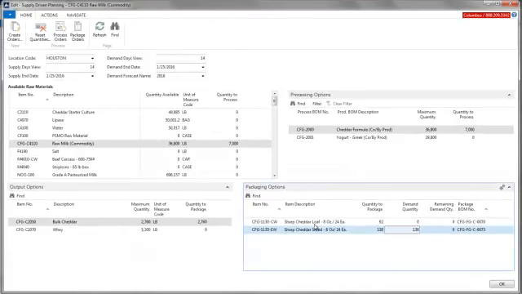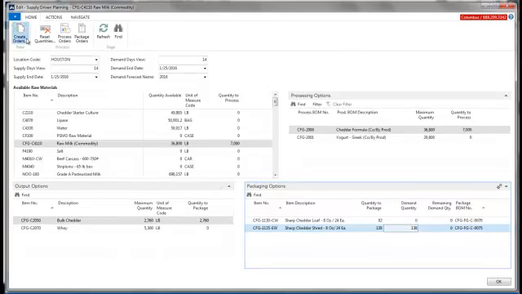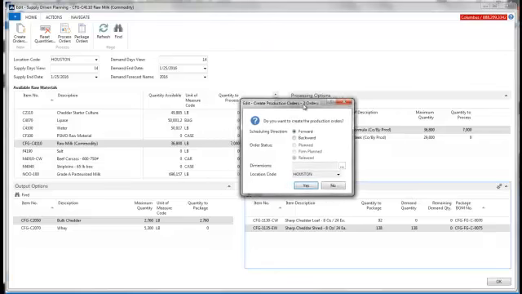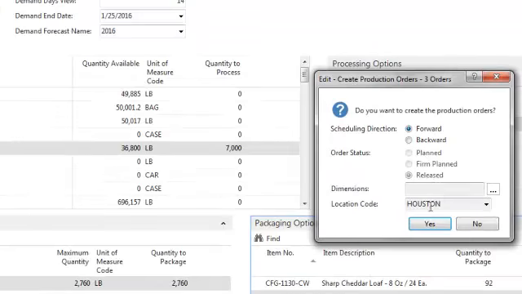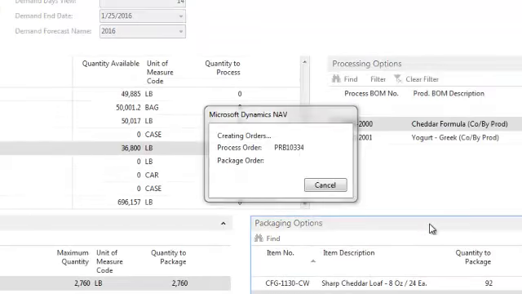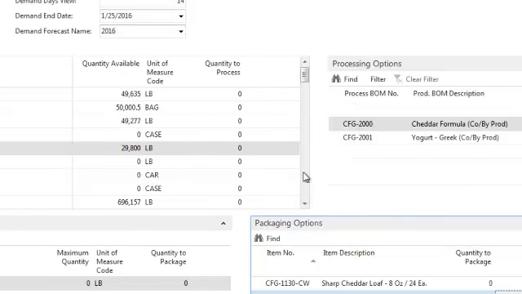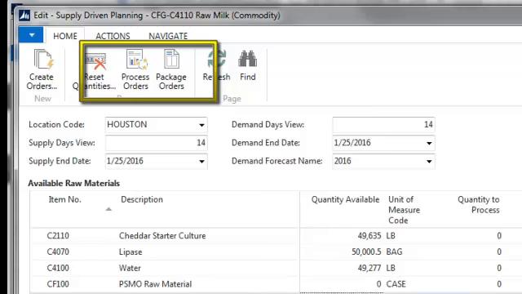The user can continue to populate the worksheet, moving from panel to panel and entering quantities to process. When ready, the user can select Create Orders to have the system generate each of the production orders needed. Outstanding production orders will impact the planning supply quantity. The initial 36,800 pounds has been reduced by the 7,000 we plan to use in production. As a note, these buttons will display process orders and packaging orders already created for easy navigation to find the